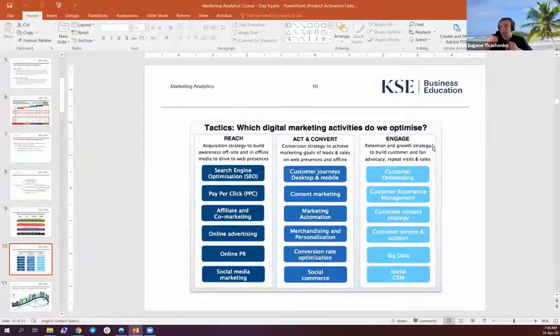And when we're talking about the last stage, engage, or I would say not the stage, but more like a category, we are talking about increasing the number of repeat visits and sales. So think about it in the next way. You acquired a customer. Customer is basically a first time buyer. So they bought one product from you and never came back. You spent, let's say, $20 to acquire that customer. You made $25 from that customer. And in rough numbers, you made $5 as profit, as your revenue per customer.